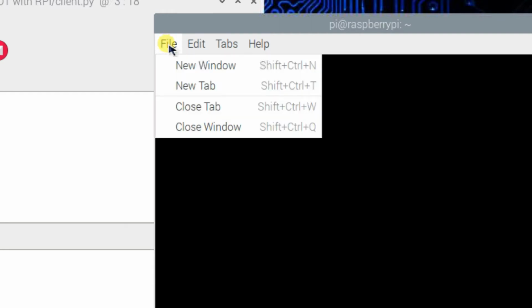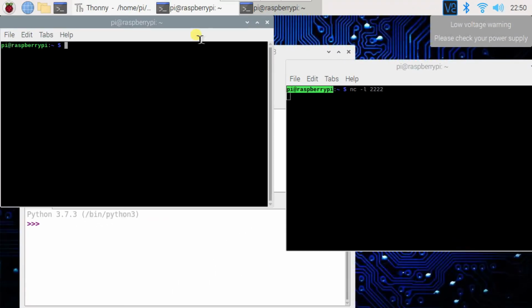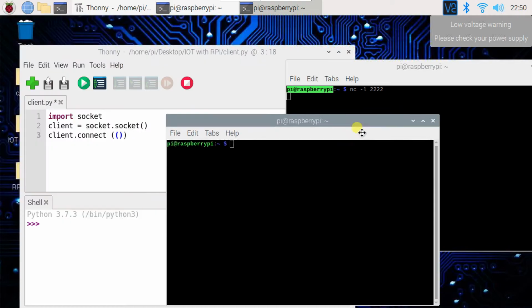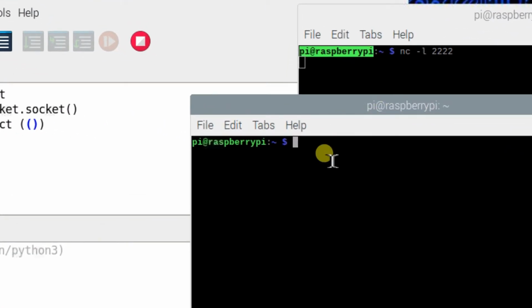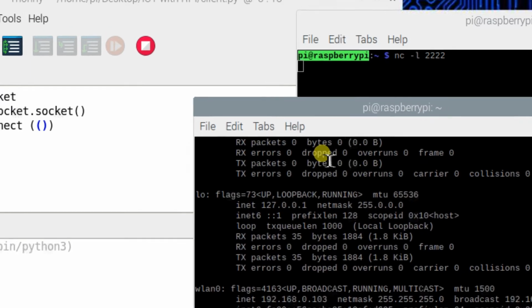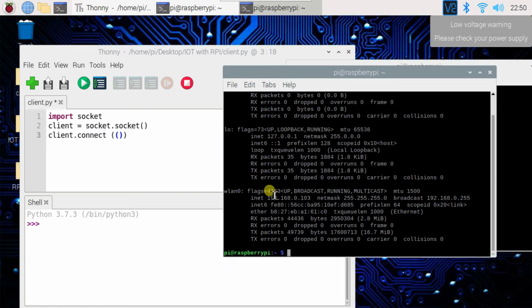So we will go to a new window and I will type here ifconfig. Okay, you can see this is the IP address of this Raspberry Pi. So I cannot use this IP address because I am using just an application server.